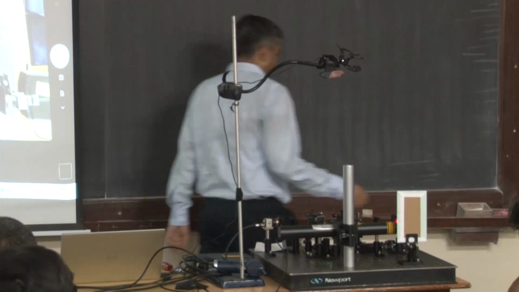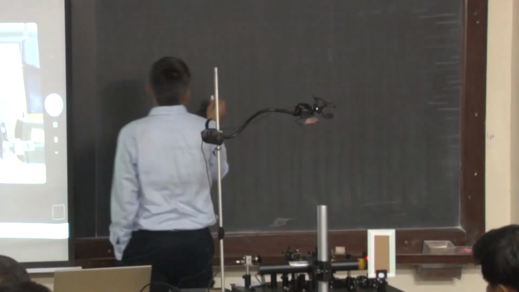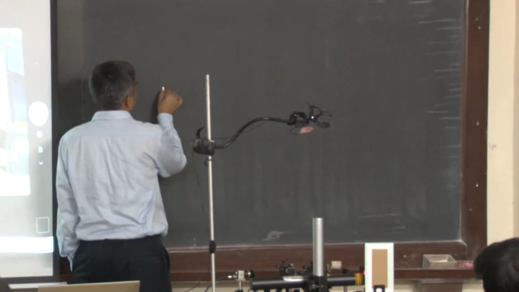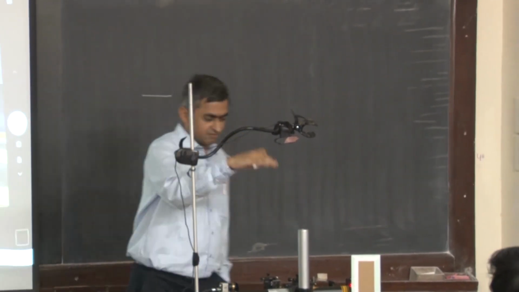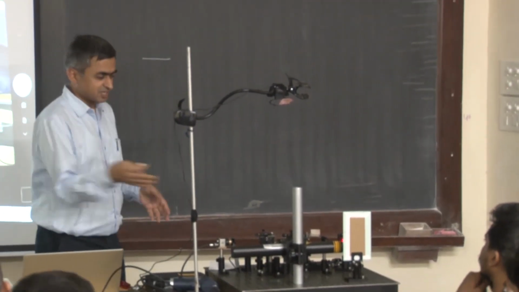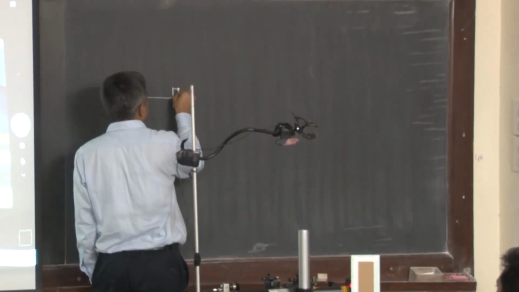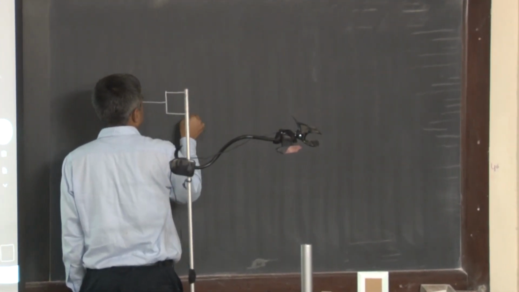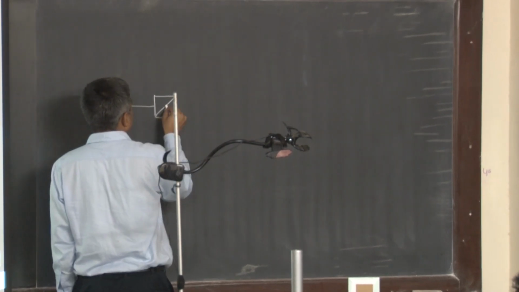let me draw a diagram. So this is a Mach-Zehnder interferometer. I have a camera, so I can show you one by one, and at the end of the class you can come closer and take a look as well. So, Mach-Zehnder interferometer, this we have seen. A beam of light comes in, splits into two,